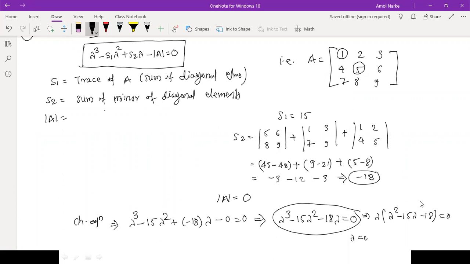See, determinant is equal to 0, so one eigenvalue is 0. And you can solve that quadratic equation and you will get the other two eigenvalues. That is homework for you: find the eigenvalues of that particular matrix. Is it easy compared to solving a 3 by 3 matrix using Ax equals lambda x? Here you just need to find the determinant of A and the value of S2. Yes or no? Any doubts, anyone, up to this? No, sir. Okay, so you can do this as homework.